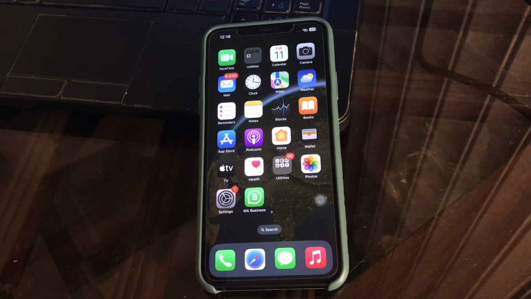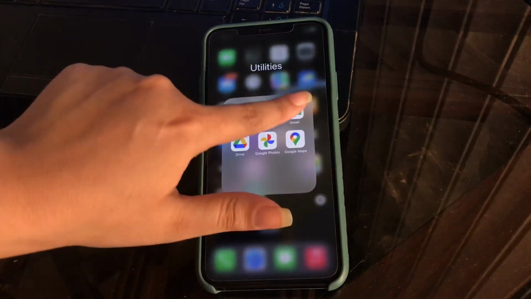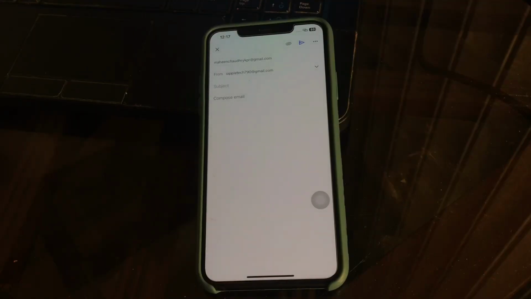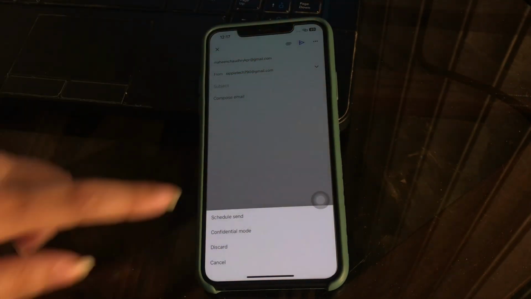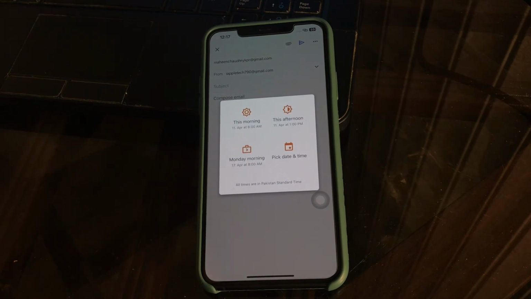And the next step is send any mail at a scheduled time. You can now not just send the mail which you have drafted immediately, but it can also be scheduled to be sent at a time you mention on your mail. On iPhone with iOS 16, you go to the Mail app, and here you will see 3 dots. Tap on it. From here you can select Schedule Send. Now you can select the time from the preset time values or create a scheduled time for it, and you are done.